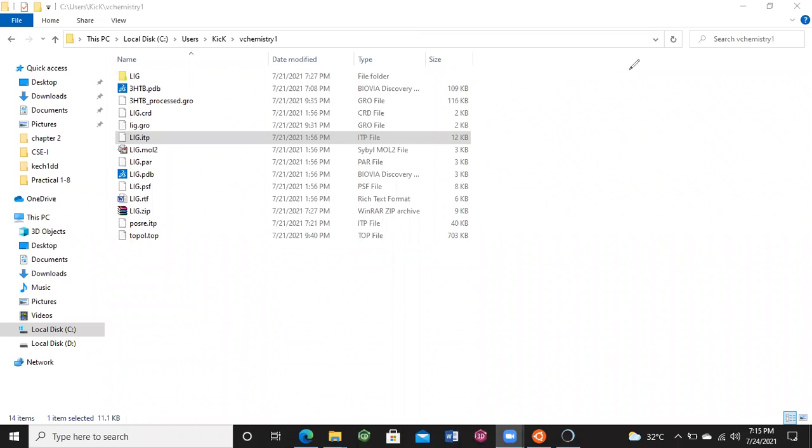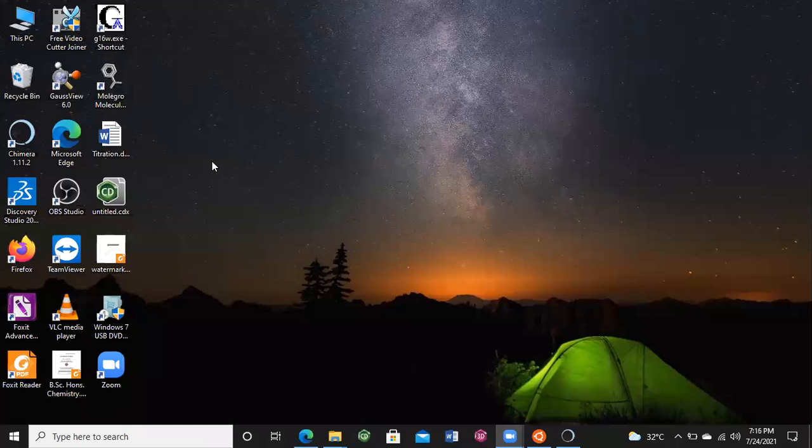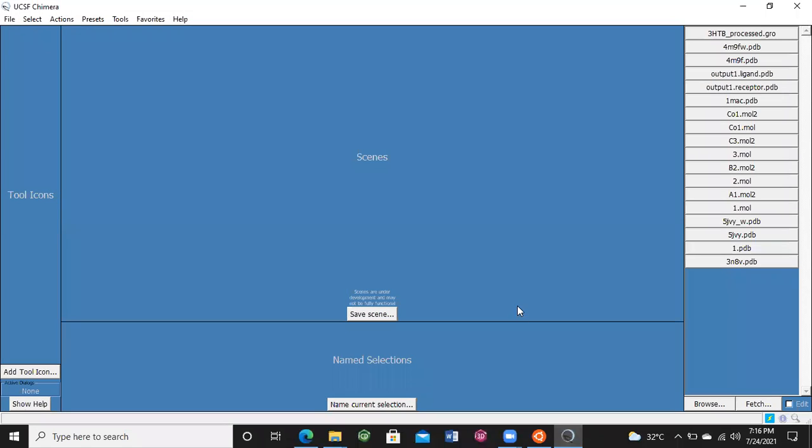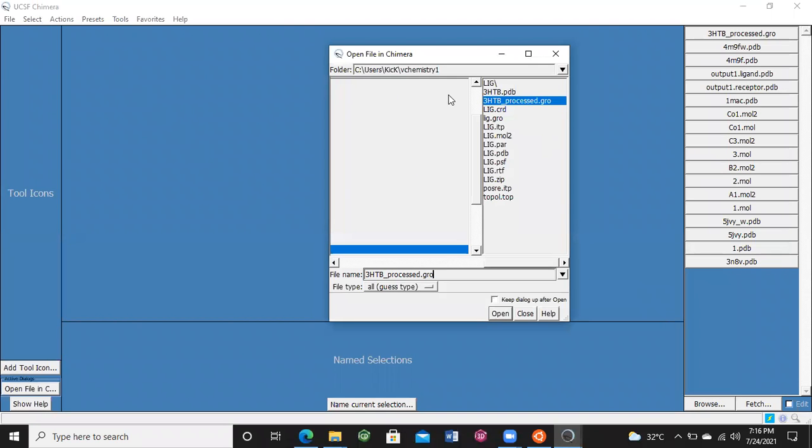Now, if we want to check whether the complex between protein and ligand is proper or not, we can go to Chimera and double click. Here I have opened it initially and browse to your process.gro file.